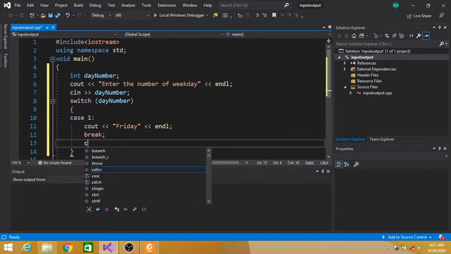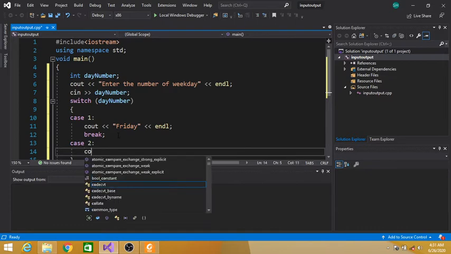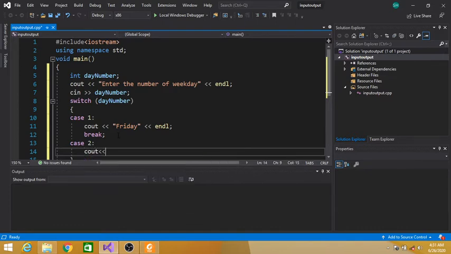Now case 2 colon, cout, Friday is Saturday, end of line.